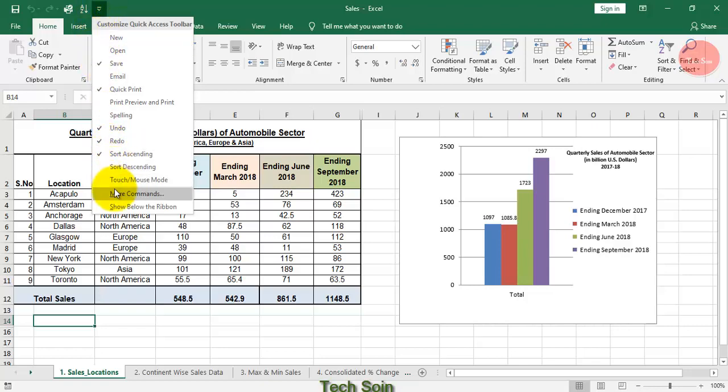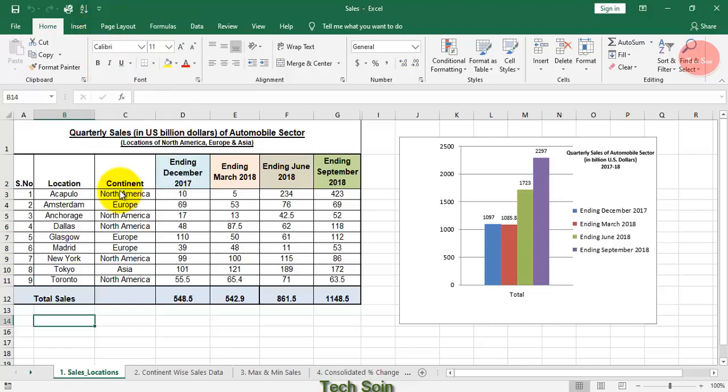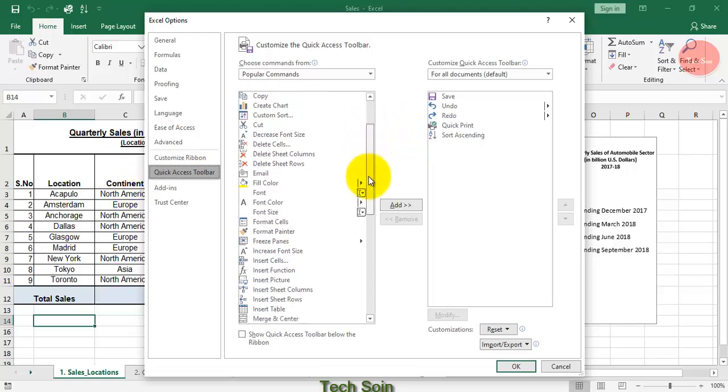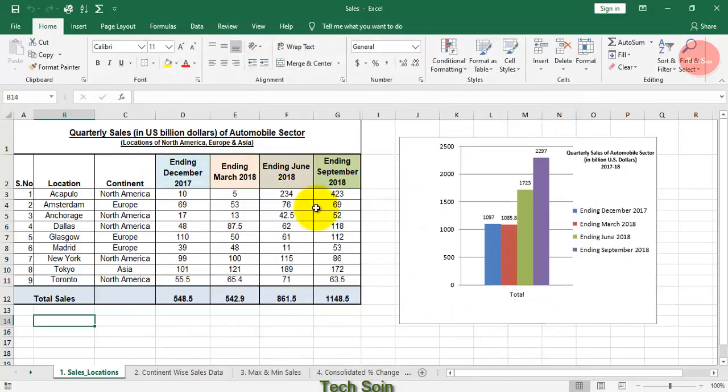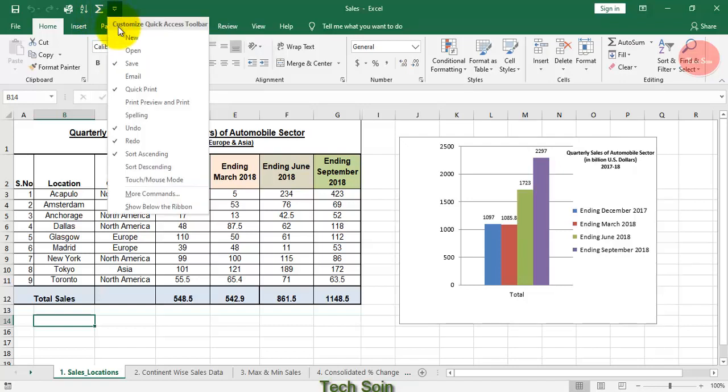You can add more commands by going to the more commands option, select the command, click on add, OK. Again, the commands we have selected are now available on the quick access toolbar.